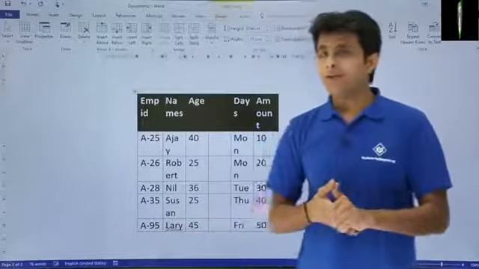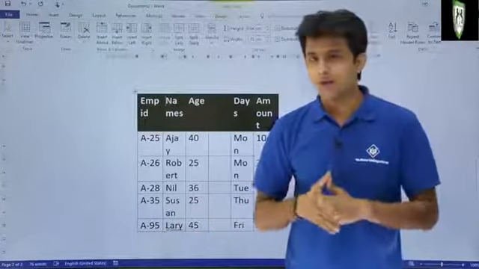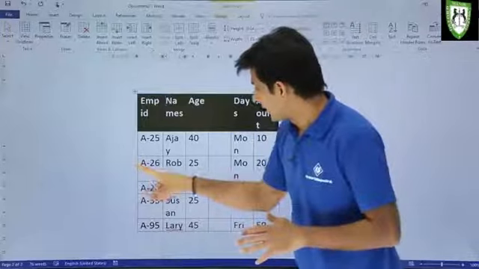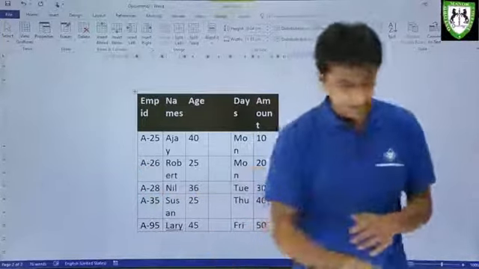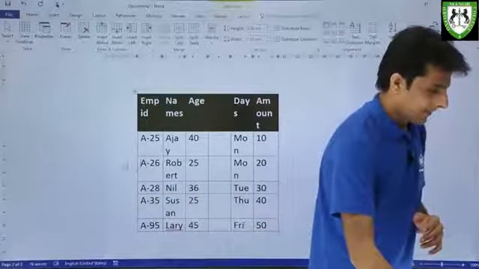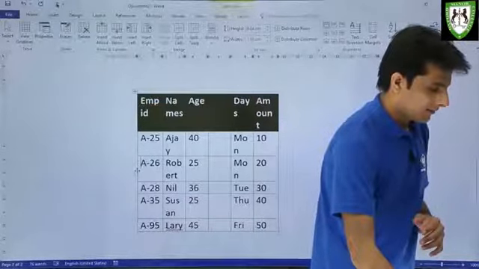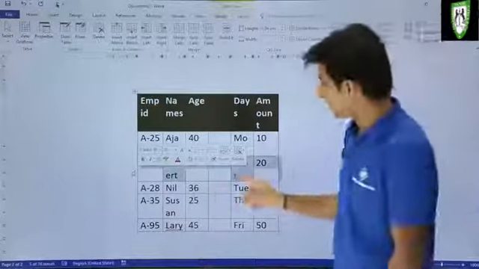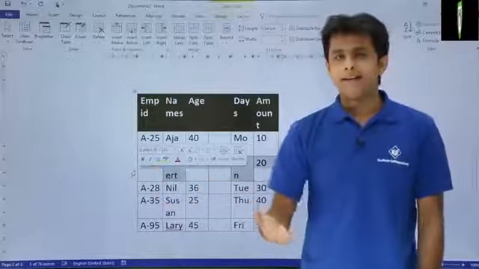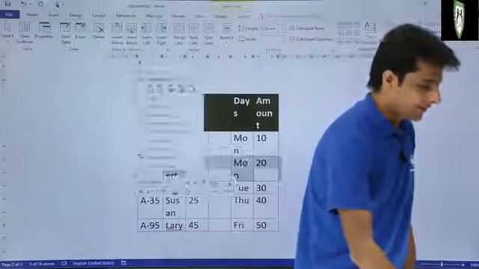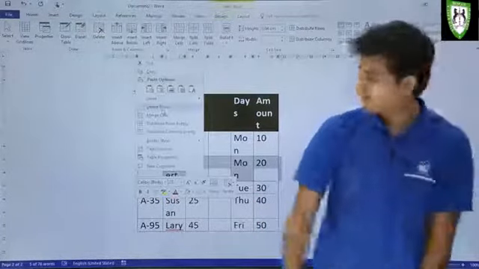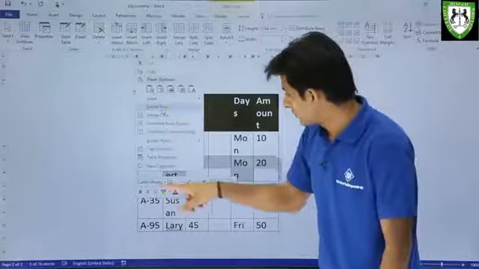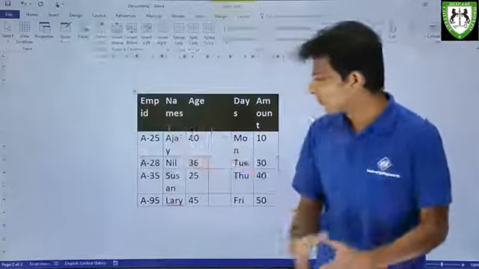Now similarly, if you want to delete rows, how do you delete it? Similarly, I'll select this entire row like this. So I've selected the entire row, and I can right click and delete this way. Right click and I can see delete rows, this method. So the row which is given here will be deleted. So this row got deleted.